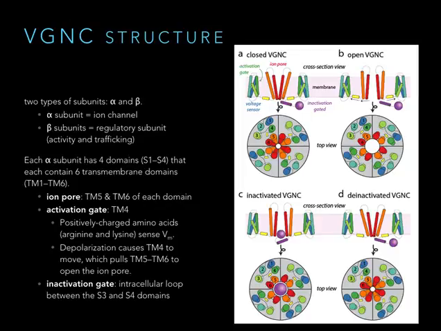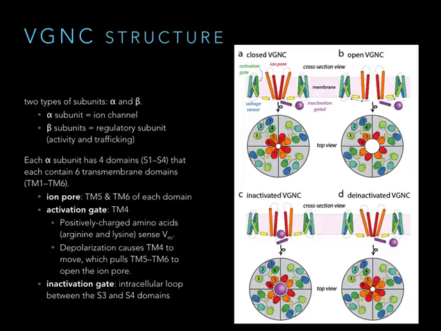And what you find there is transmembrane domains 5 and 6 from these 4 subunits actually form the ion pore. So they're located in the center of the voltage-gated sodium channel. These get pulled open when the activation gate, that 4th transmembrane domain, senses depolarization. And it can do this because of positively charged amino acids. So whenever positive charge enters the cell, this causes the 4th transmembrane domain to move, and that pulls on transmembrane